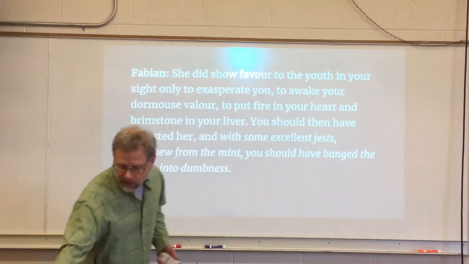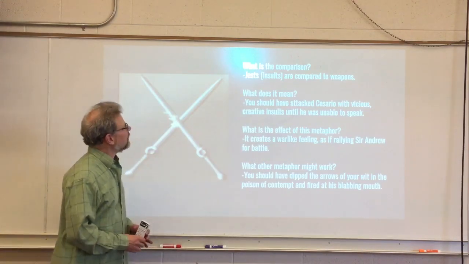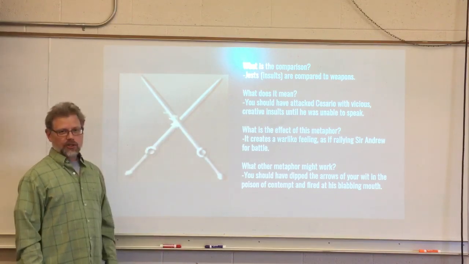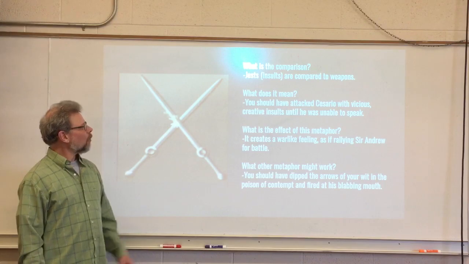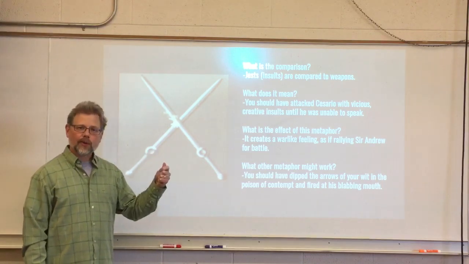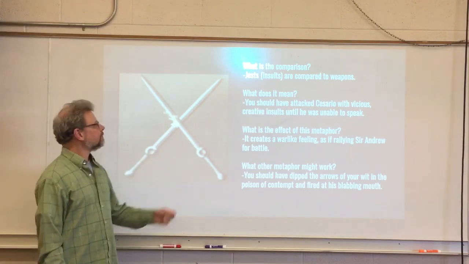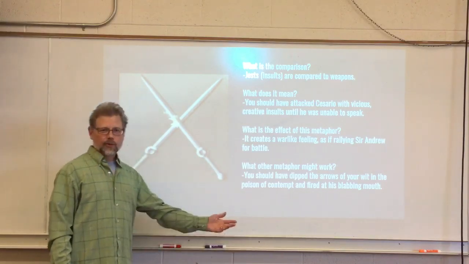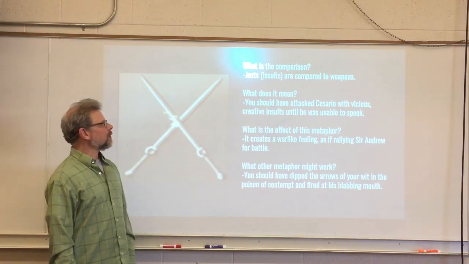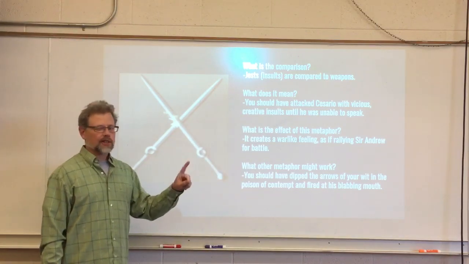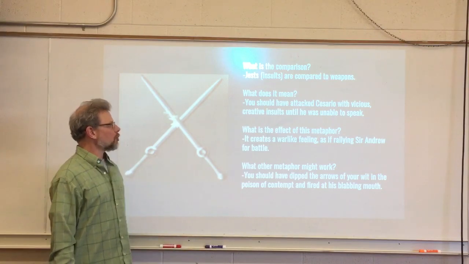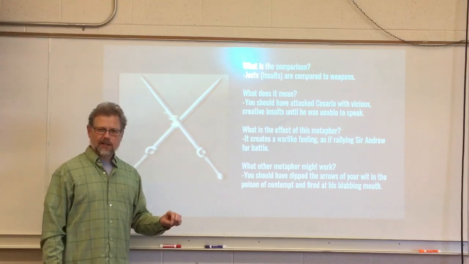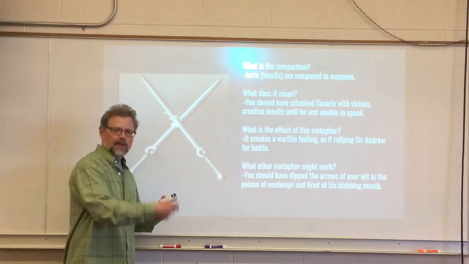So let's take a look at that metaphor. It's comparing jests or insults to weapons. Weapons that are new minted, right? So they're newly made. What does it mean? If you put this in non-metaphorical language, it's saying you should have attacked Cesario, that's the youth, with vicious, creative insults until he was unable to speak. So that banged him until he was dumb,